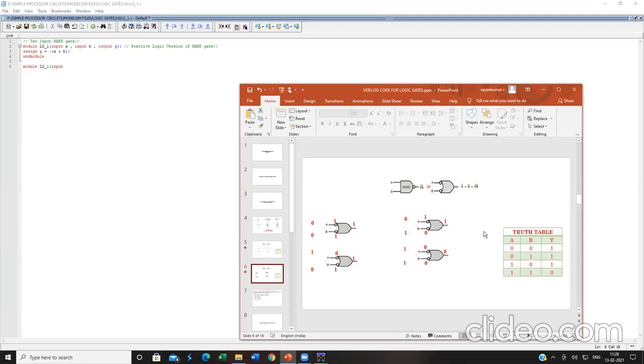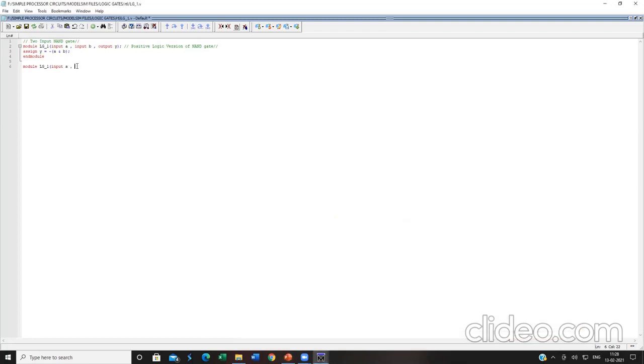So we classify gates as positive logic or negative logic depending upon whether the inputs are inverted or not inverted. So here also the input is A and B for the negative logic version, and the output is Y. Input A, input B, output Y. This is the negative logic version of NAND gate.